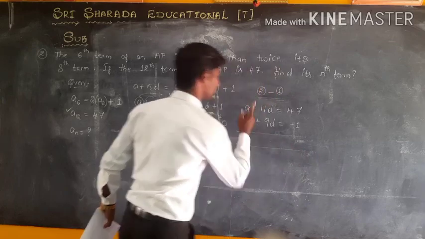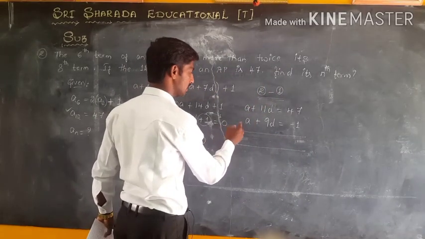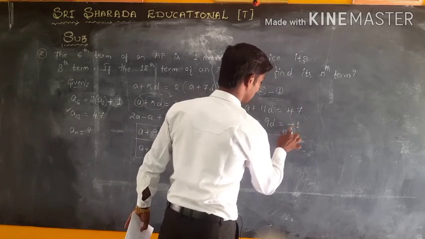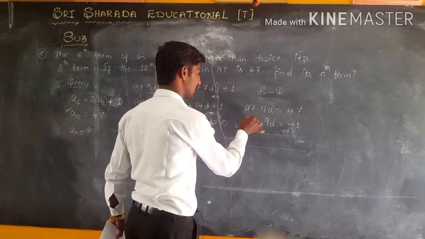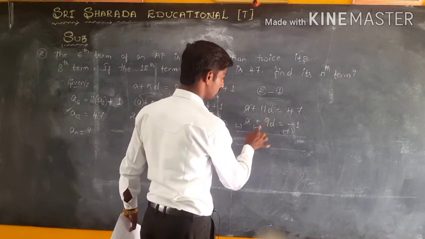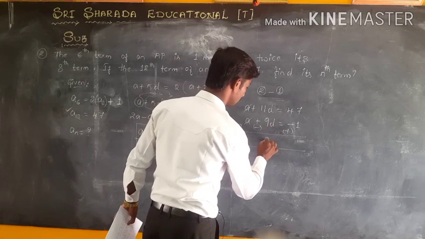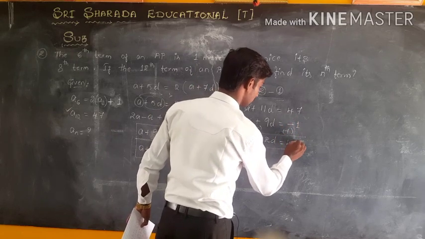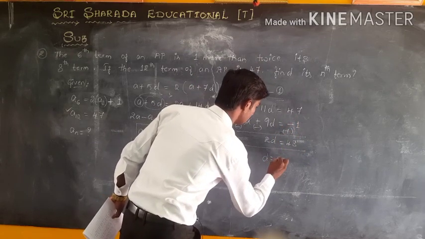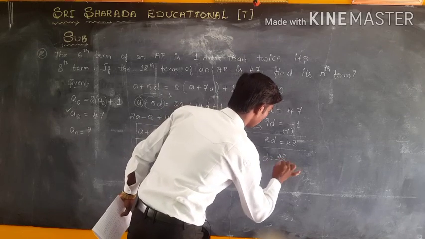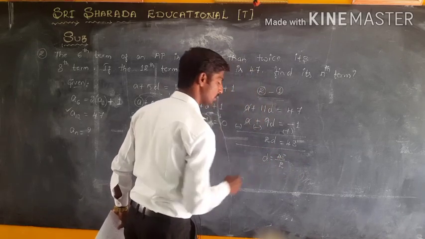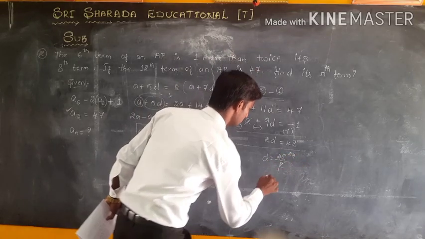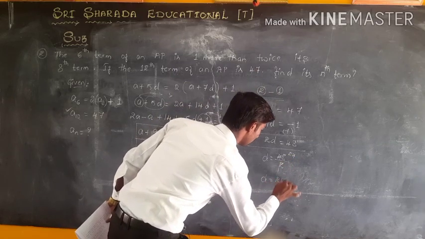We are subtracting one equation from another, so we must change the signs of the lower equation. So plus 1 minus n will become plus sign, plus n will become minus n. So plus A minus A gets cancelled. 11 minus 9, how much will it be? It is 2D is equal to 47 plus 1, that is 48. So according to the rule of transfer, cross multiplication, send 2 down to the RHS: 2 1s are 2, 2 2s are 4, 2 4s are 8. That is D is equal to 24.